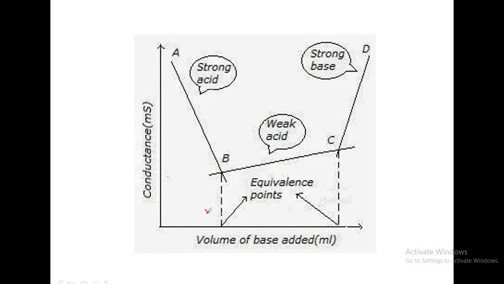Now if you take this one as V1 and this one as V2, V2 is greater than V1 because V2 is the volume of NaOH required to neutralize both the acids, and V1 is the volume of NaOH required to neutralize only hydrochloric acid. If you subtract V1 from V2, you get V2 minus V1. This gives how much volume of NaOH is required to neutralize only the weak acid. This experiment you have done, and you have plotted the graph also in the laboratory, and all the theory behind it you have also studied. This is just a repetition.